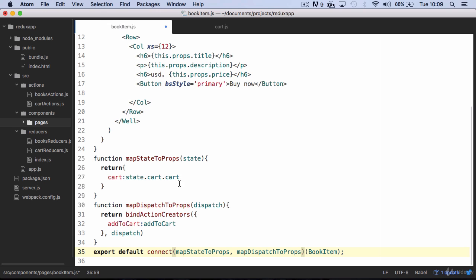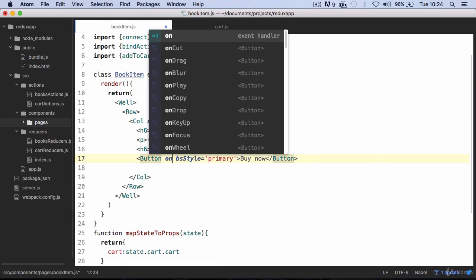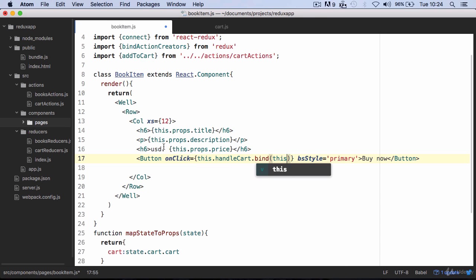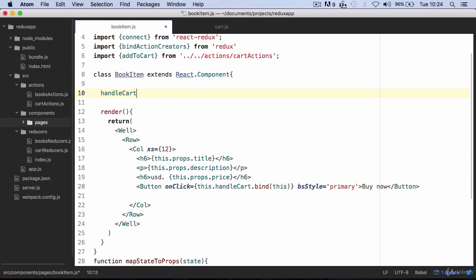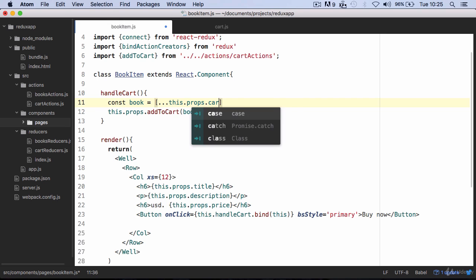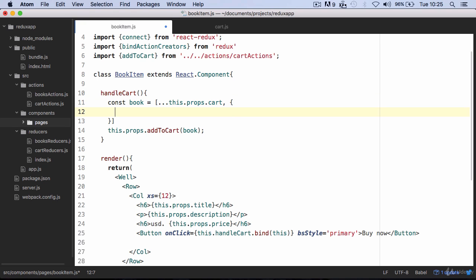At this point, we say that every time we press the button in the book item, we need to fire a function that dispatches the add to cart action. So we write an on-click event to fire the handle cart function, and the handle cart function dispatches the add to cart action. We need to pass a book as an argument, and in order to do that we create a book variable which is an array, and this array is made by the current array in the state,